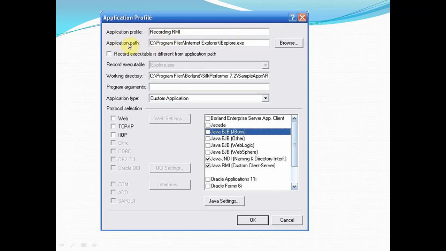Then this is again a label, a text field, and coming to this browse, that is a push button. Then this is a checkbox. The option is ticked or not ticked, checked or not checked. Then label. This is one drop down list.